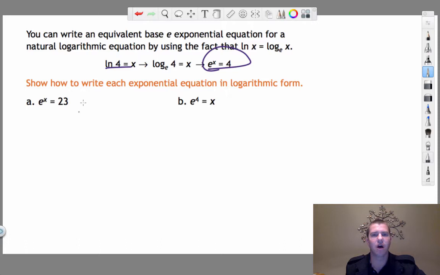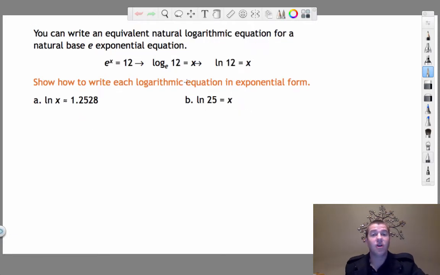So to write these in log form, I'm going the other way. Log base e, well, that means it's going to be ln of 23, come back, is equal to the exponent x. And the same thing here. Sometimes I'll write it capital because I just use capital letters. ln just means I've kept the base already, e of, go away, x, come back is equal to the exponent of 4. And going the other way, writing it in exponential form, you see ln of x, well, that's a base e, keep the base, e raised to the